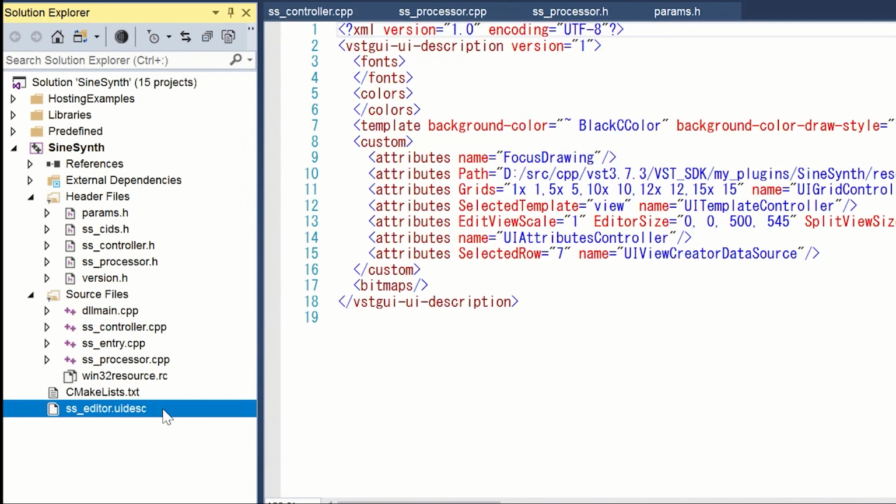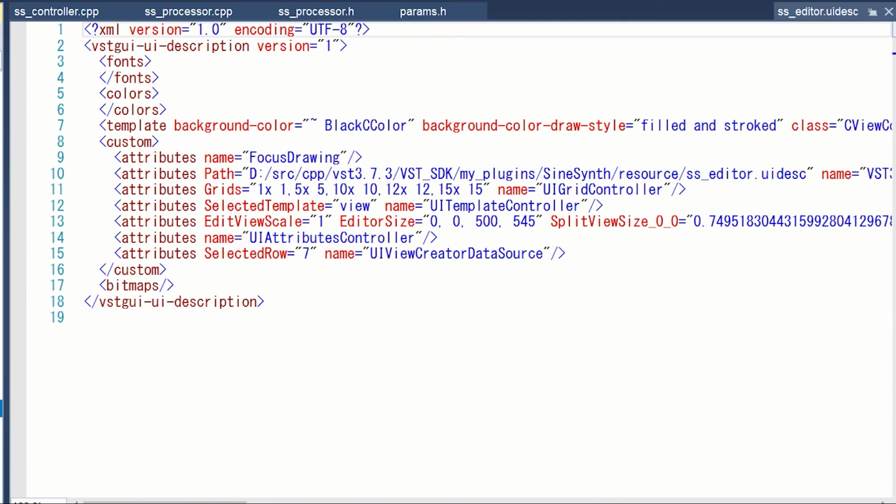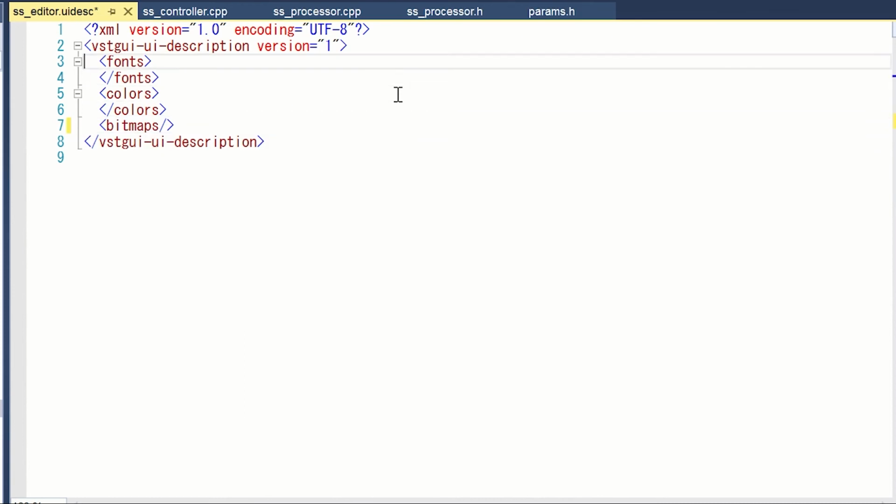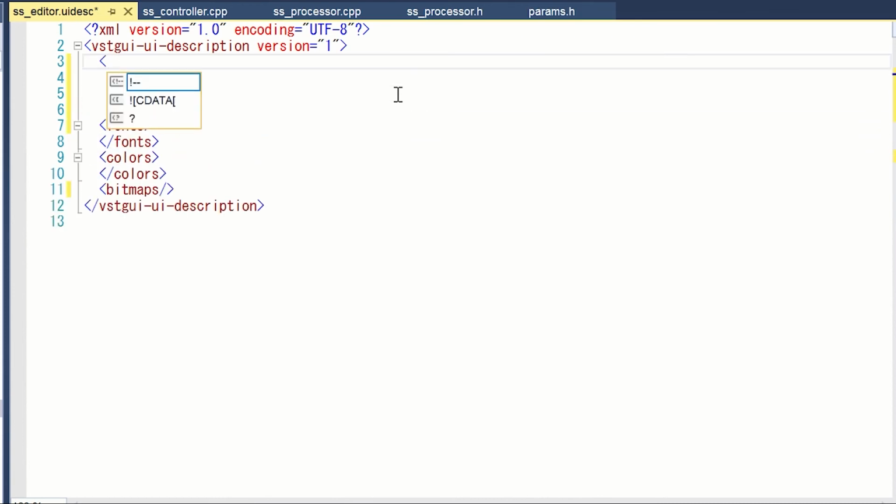Open the UIDESC file. This is the GUI layout definition file. Write the view definition.